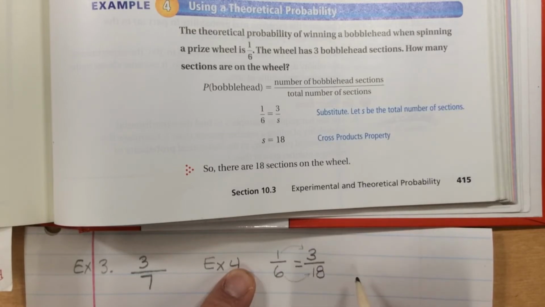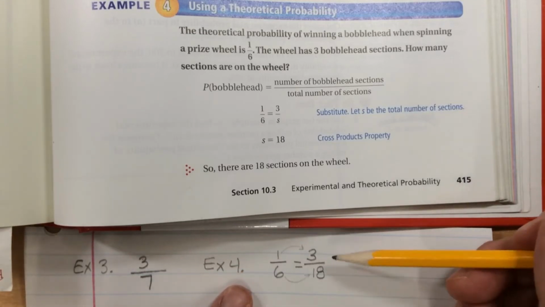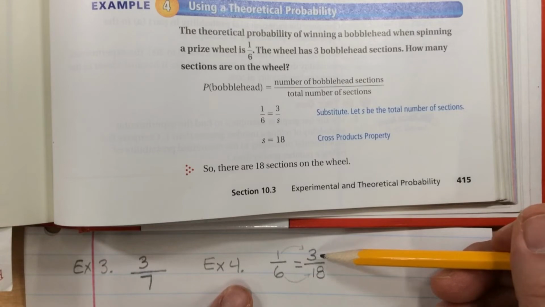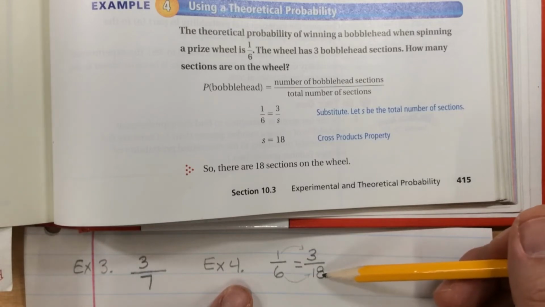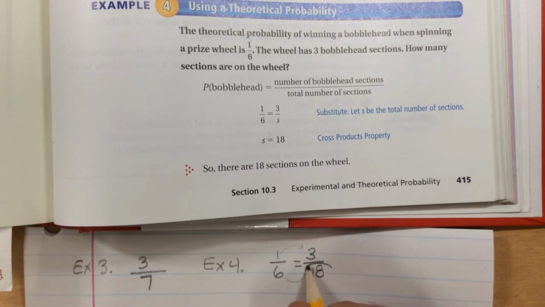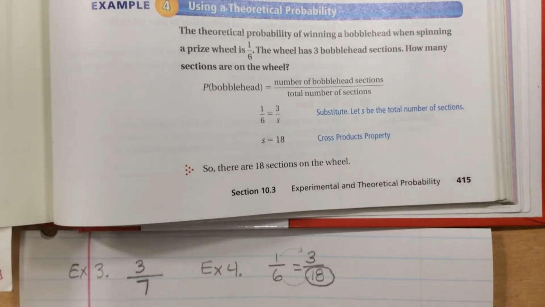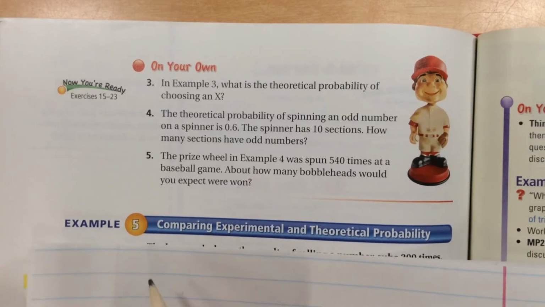And let's see if that makes sense. If there are 18 total places, and 3 of them are bobbleheads, then we'd have a 3 out of 18 chance, which does simplify to 1 out of 6. So yes, 18 spaces on the wheel. For the on your own here, number 3,